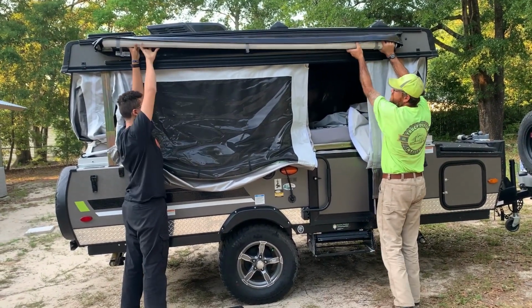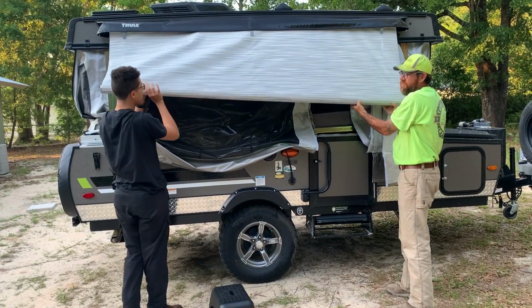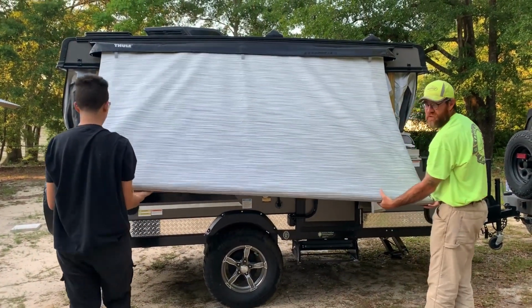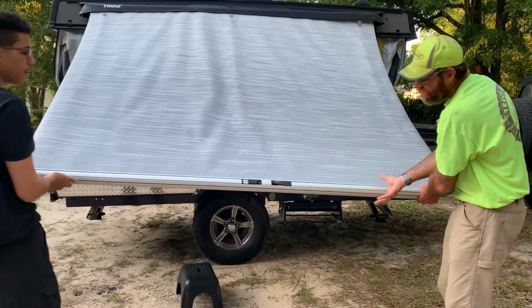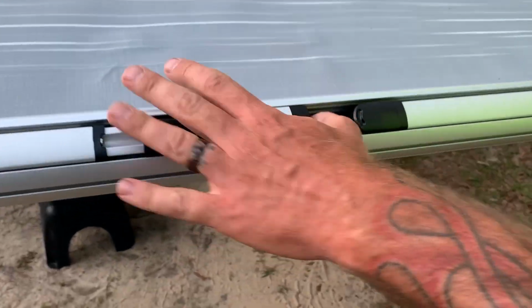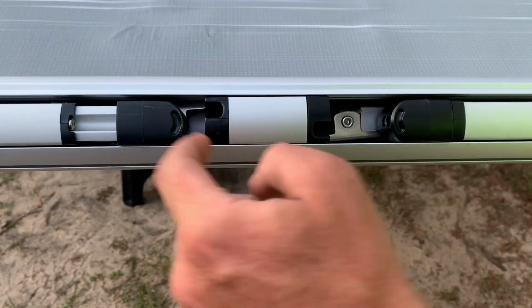All right. It's gonna unfold something like this. All of your poles are enclosed in the body right here. Now, if you look, it's got a spring-loaded release. All right, so if you stick your finger down in here and push it in on either side,